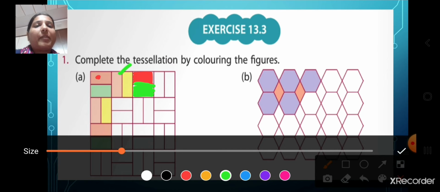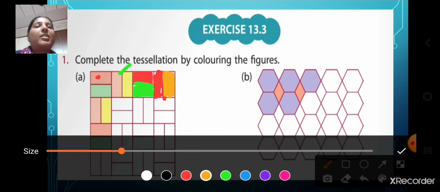There we will again use light orange color. I don't have light orange, so I am doing this one only. And in this half we will have yellow. In this way you will complete this tessellation.